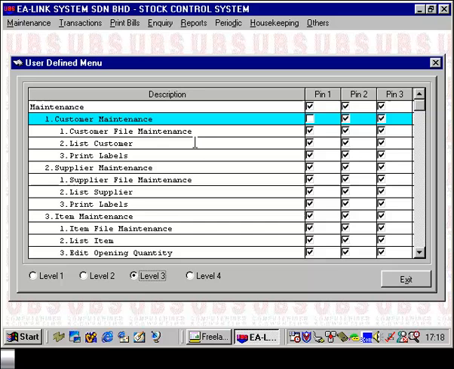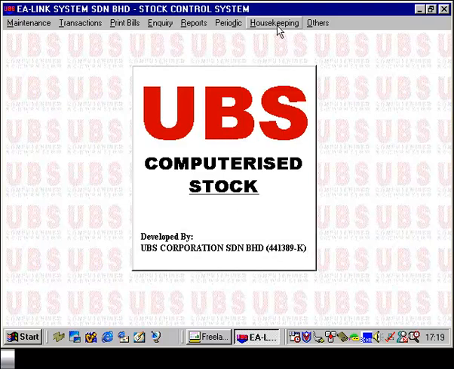Okay, so similarly, I'm not going to grant access to supplier maintenance. So I'll take that option off. Now I want to go to customer maintenance, so I'll put customer maintenance back on there. Okay, so when I exit from here and exit from the application